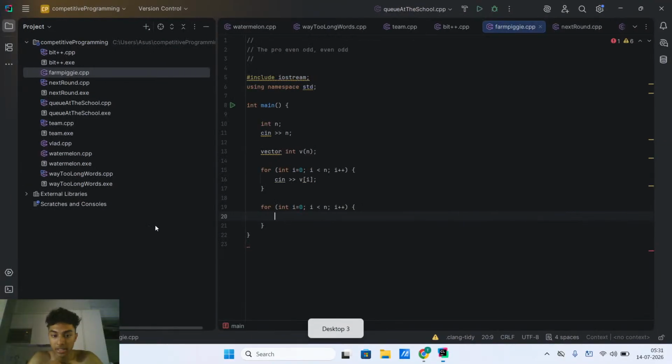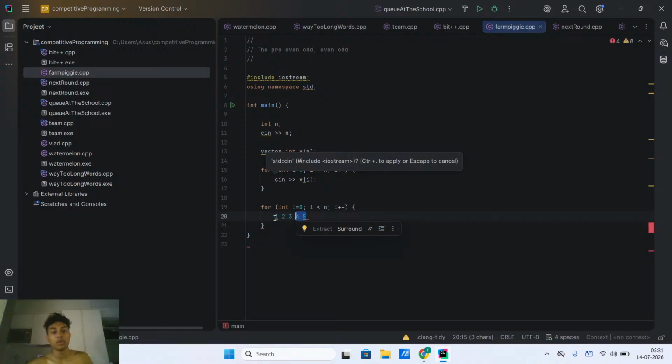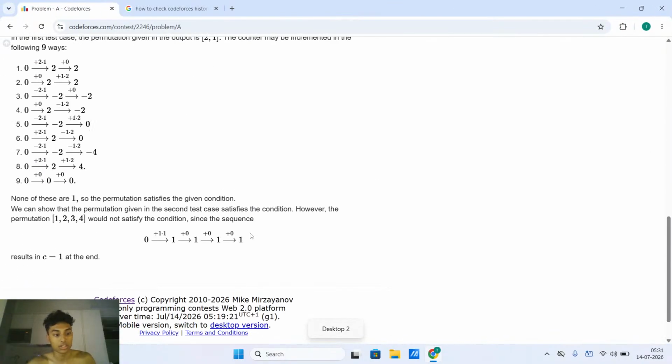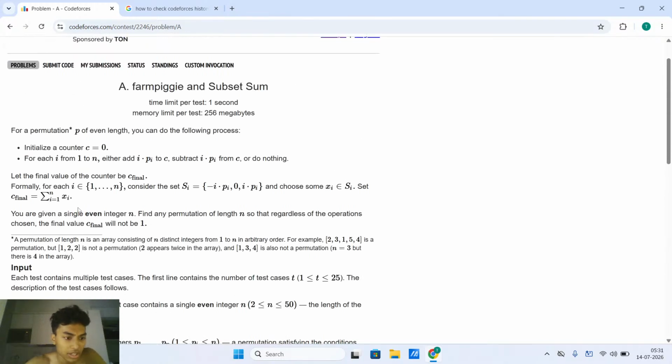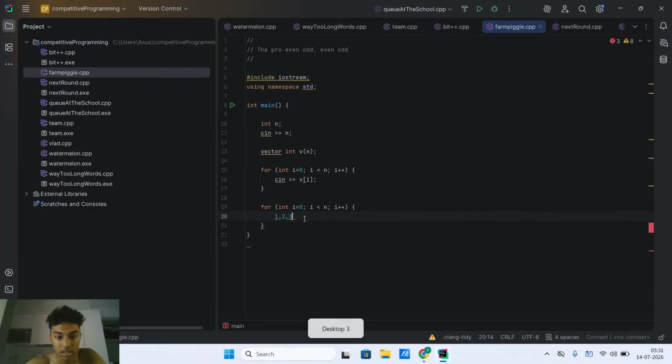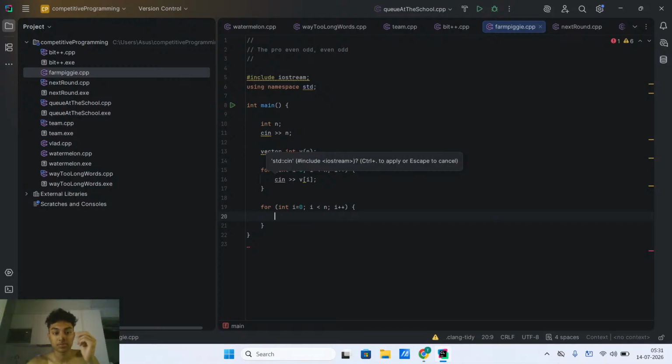And our edge case is what if there's 5 numbers, then we can't go even, odd, even, odd, even, odd. This is the worst edge case, and they need to be at least 2 numbers. Oh, it's an even number of numbers. Single even integer. Oh yeah, then we're chilling. I'm pretty sure we can just do